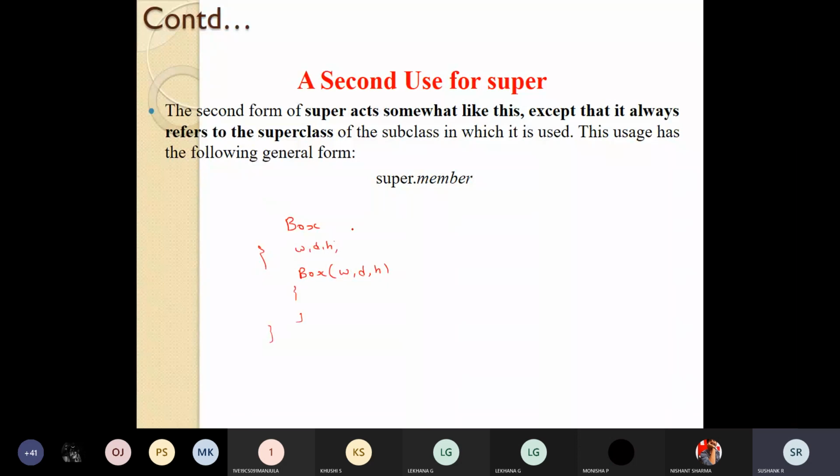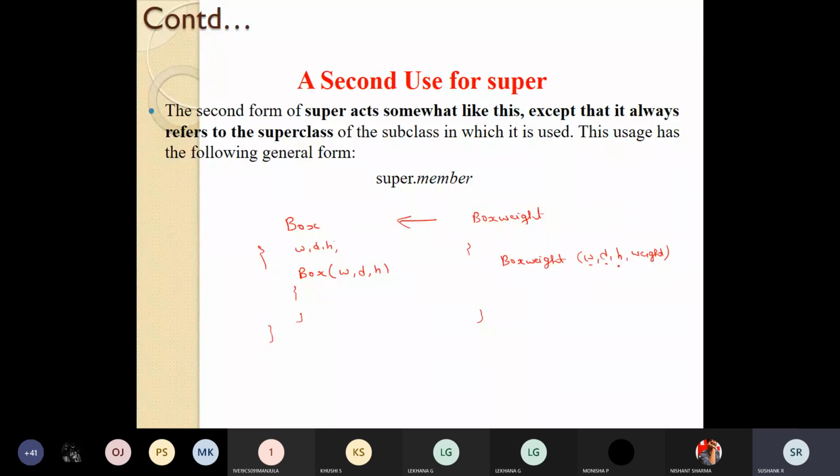Again, if I create one more subclass called box weight for this superclass called box, and I'm adding a parameter called weight, I should again define a constructor which will initialize all of them, like box weight of width, depth, height, and weight. So here the code is getting duplicated. Again I have to assign the values of width, depth, and height.